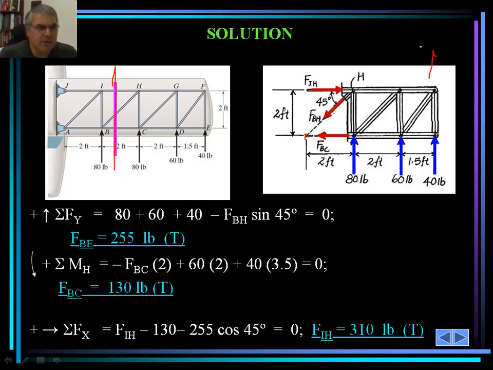We set that to 0. This is our Y, actually to the top of the page, and this is our X to the right of the page. This is our way of showing the Cartesian coordinate system for our calculations throughout our lecture. So F sub Y would be 80 plus 60 plus 40, and there'd be one component acting downward, and that is the